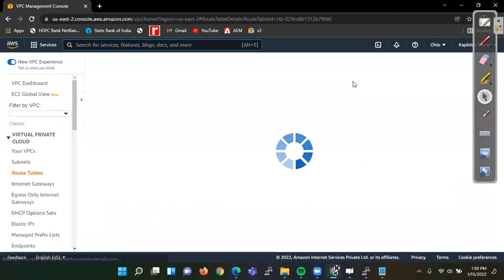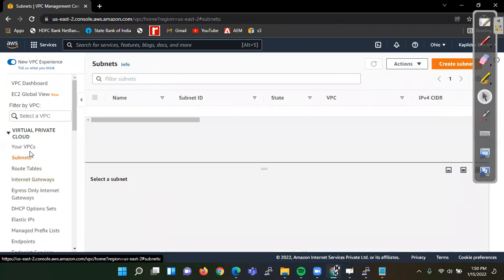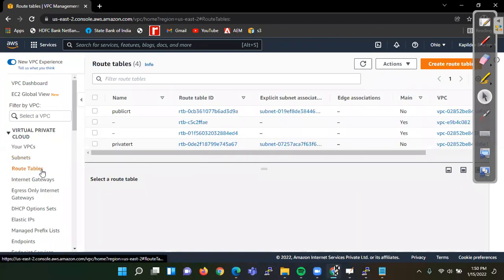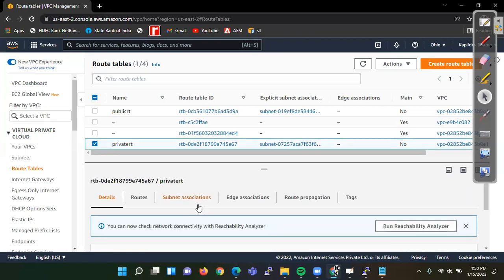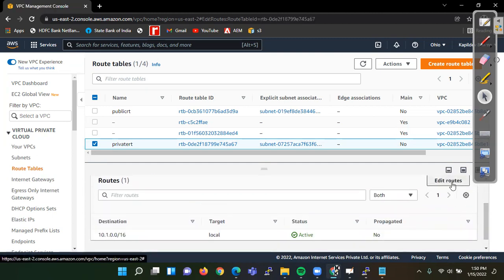Okay. So we are now in Ohio region, and we go to route table. So we are accessing from this private route table. See routes, and edit routes.